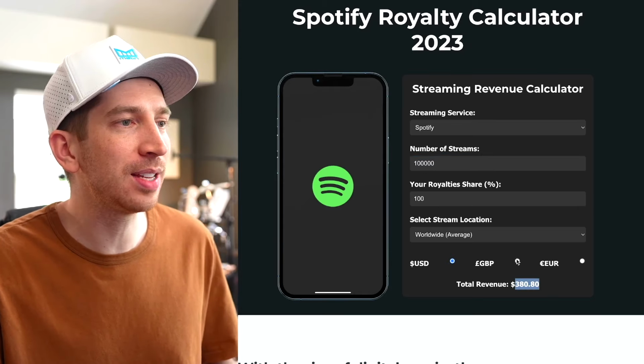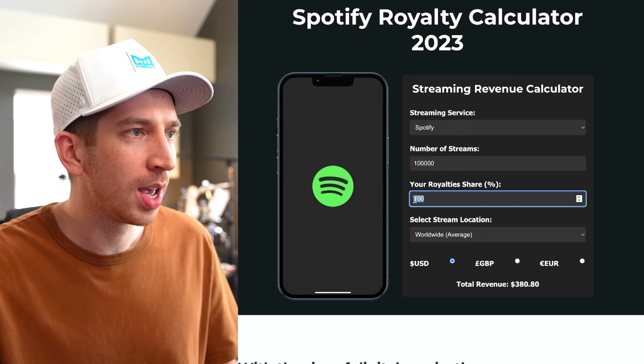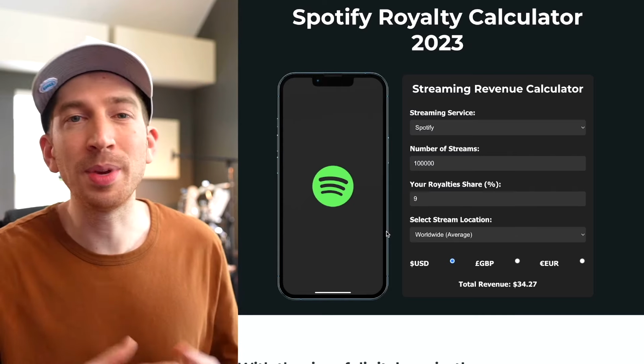So if you've worked hard and you've generated 100,000 streams, that's going to produce $180 roughly in royalties. And the math is easy to find out CD Baby's cut. All we need to do is take this 100 right here and change this to 9%. That means CD Baby will take